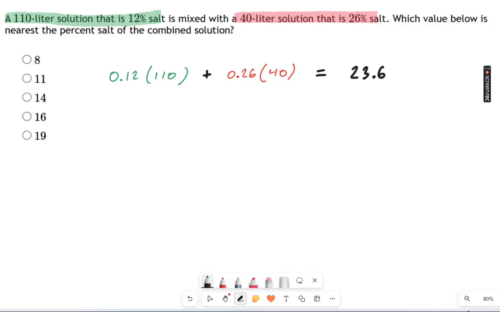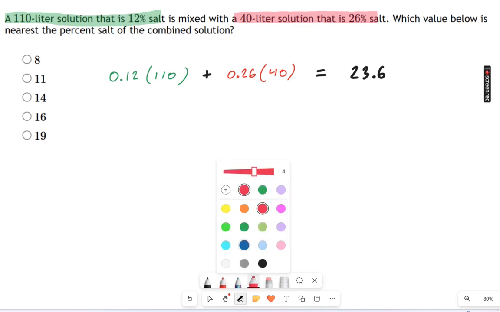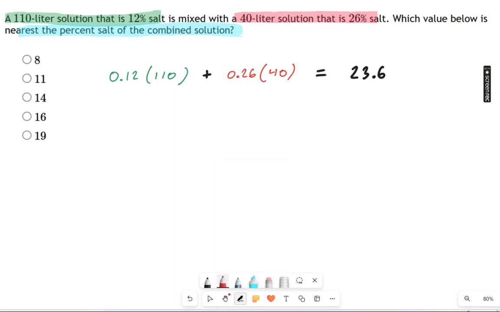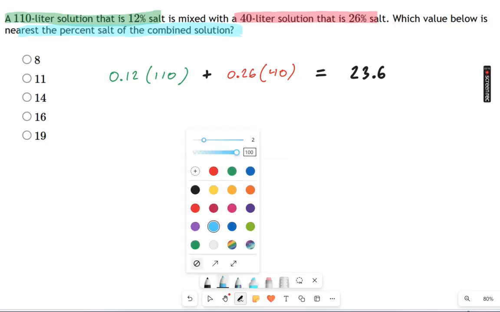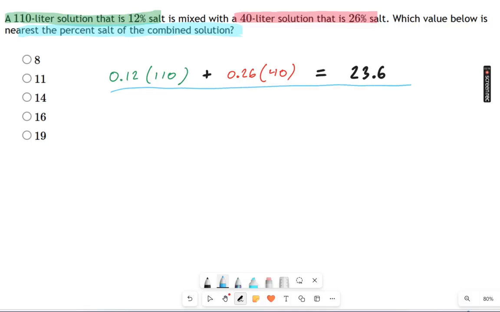Well, that's a little confusing because it's nowhere on our list of choices. What you have to remember, and this is the last piece of this, I'm not just asking for how much salt is in here. I'm saying what's the percent salt of the combined solution. I just found the amount of salt, not the percent salt. So if I'm going to go find the percent salt, I'm going to divide this whole thing by the total volume. In other words,